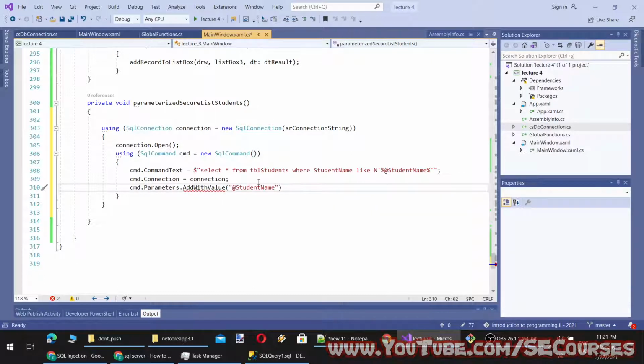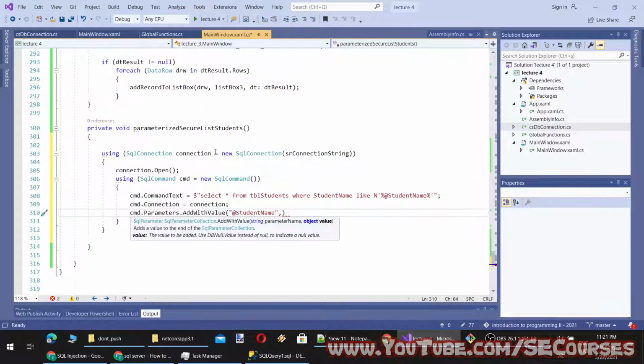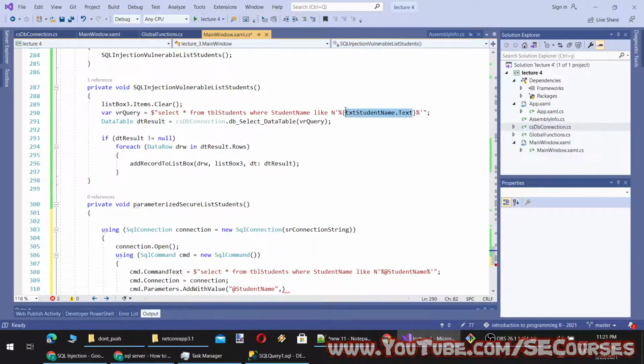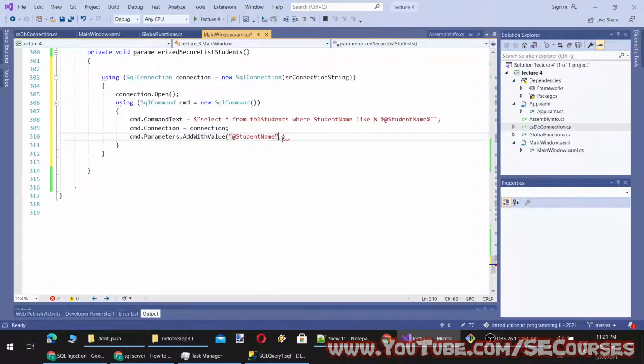Therefore, first we provide it and then we provide the value. So what is the value in our example? It is this student name text that we are getting from the user. Okay, everything is now ready because we have only one parameter here.